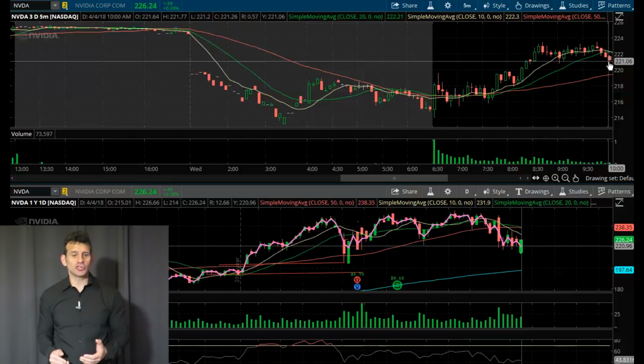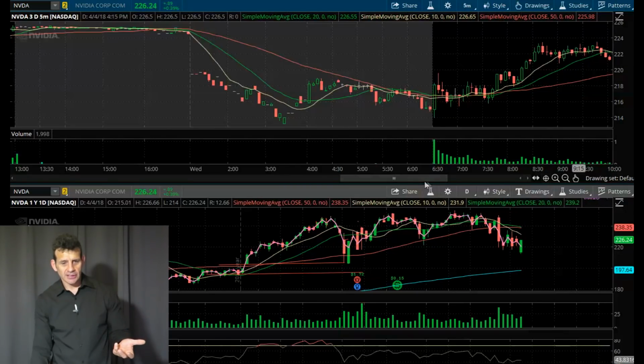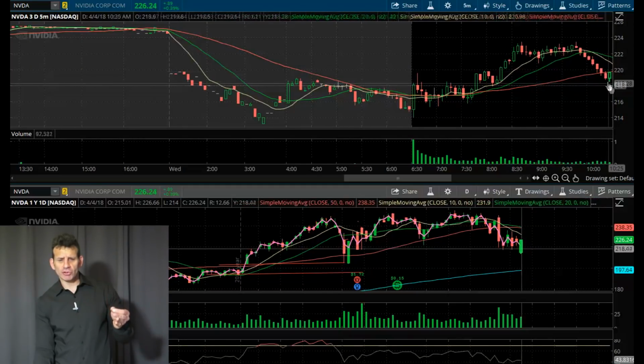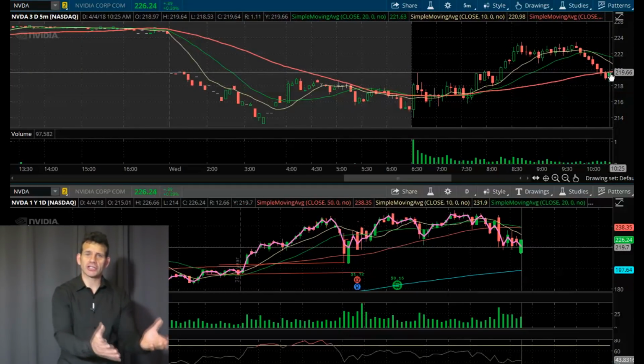I would be looking down there at 220. Where? At the 50 moving average. It's sitting right there. And look what this thing does. It trails right into it. And again, it's not perfect. It slid under the 50 moving average just a little bit,